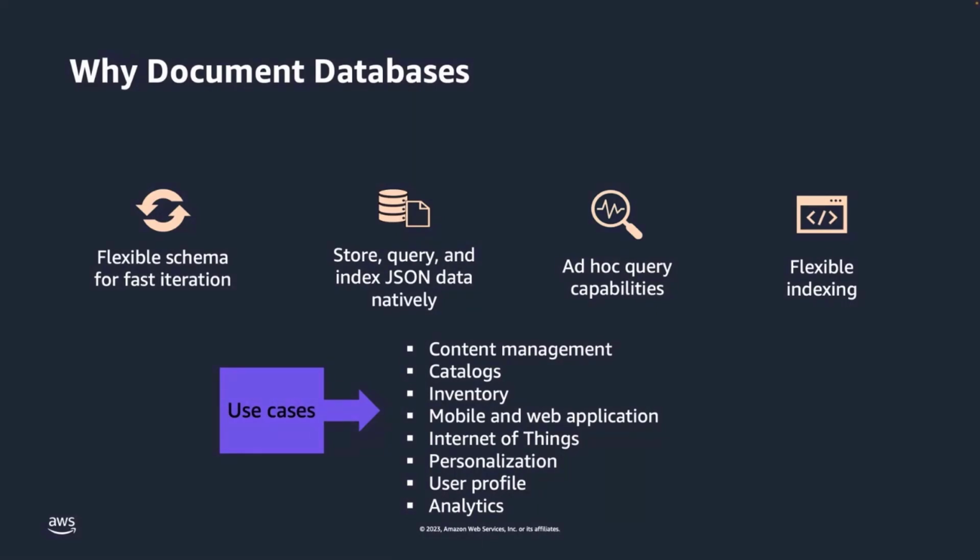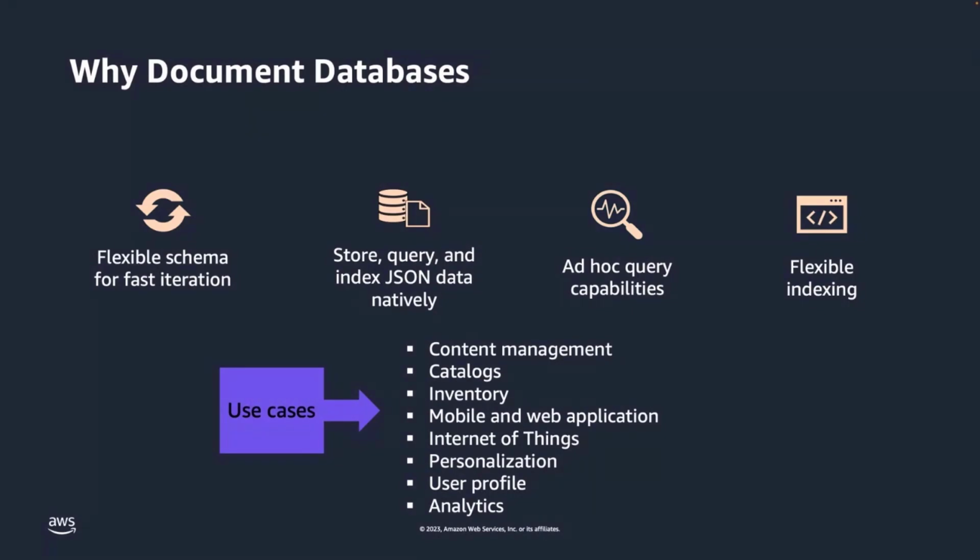The next part that we'll talk about on the slide really revolves around use cases. Amazon DocumentDB use cases are wide and many, given that document databases offer both flexible schemas and extensive query capabilities. The document model works well with use cases that require complex documents that are dynamic and may require ad hoc querying, indexing, and aggregations.